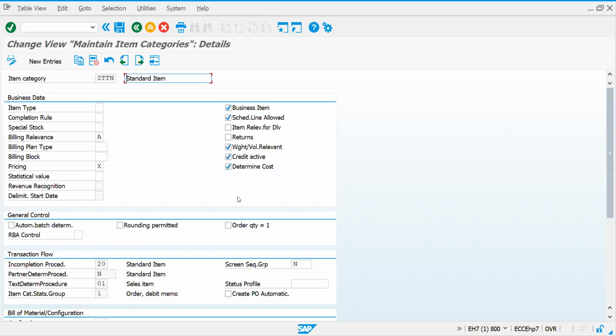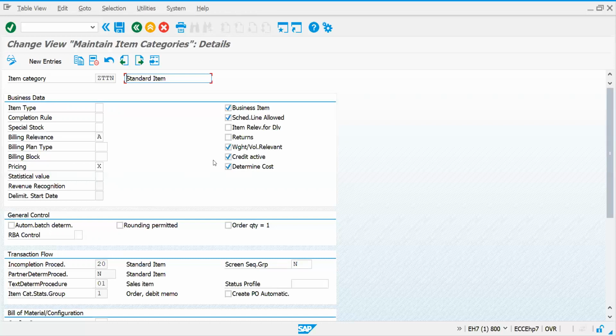For this item category, which is copied from TAN, credit is active, right? When you determine this item category for your material, credit is active. But at your customer place, you found one strange requirement: for certain materials, you don't do any credit check, you can allow them to order. Maybe slow moving items, not influencing your organization's revenue that much. So if you determine with TAN, again for such items credit check will be checked, right?